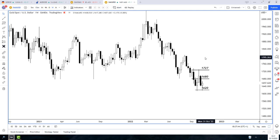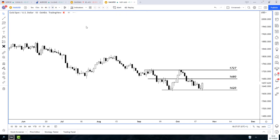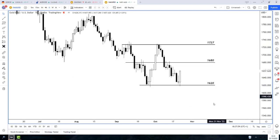But with the gold versus silver chart in mind, could we see a little bit of gold strength coming into the market, whether it's longer term, whether it's just short term? So I've marked some levels here on the daily, and what I noticed was we've got this level here at 1620, and the last time we came into this level was late September, and look, we had this bullish engulfing candle here. From there, we broke the high. We did pull back a little bit, but we broke the high, and then we pushed all the way up